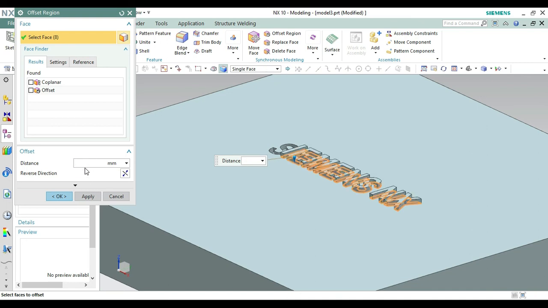Okay, make it 1 because we have reversed the direction. So now make it okay like this one.